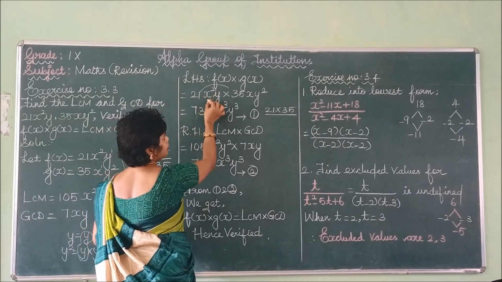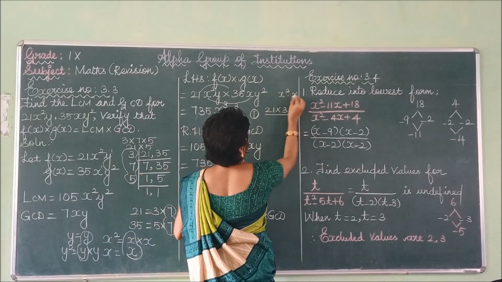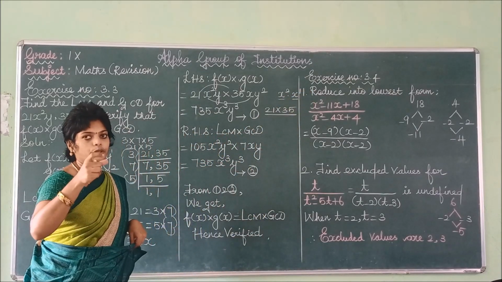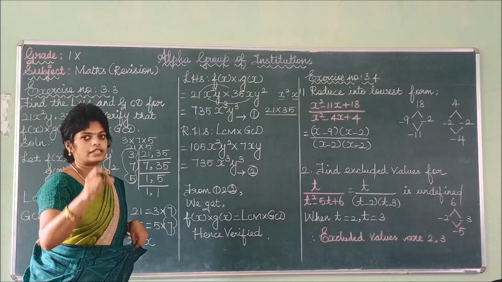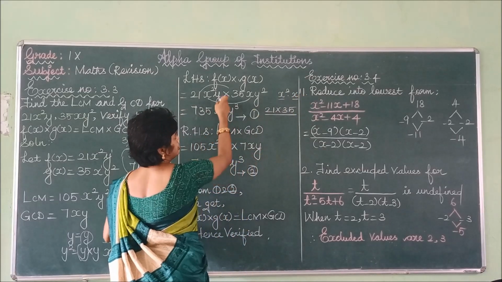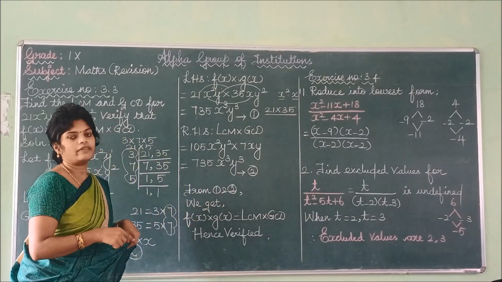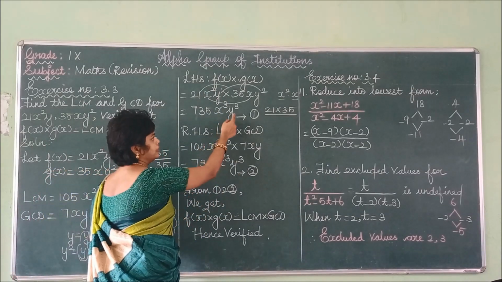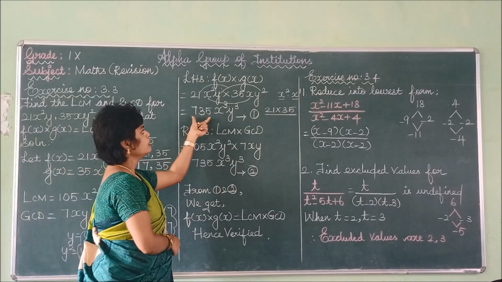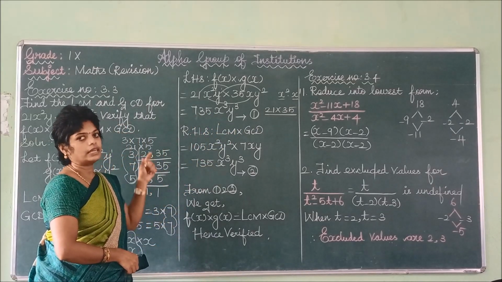Next, variables. Multiply the same variable, that is x squared into x. So the bases are the same, you can add the powers. What are the powers present here? X power 2 and x power 1. So the base is x, the powers are 2 and 1. You can add the powers, you get 2 plus 1 is 3. Same way, y into y squared. Y power is 1 and the other y power is 2. So 1 plus 2 is y power 3. So first we have found f of x into g of x, which is equal to 735 x cube y cube.